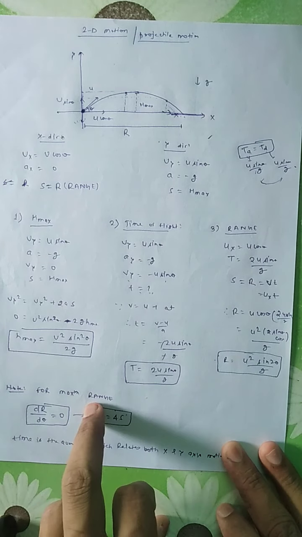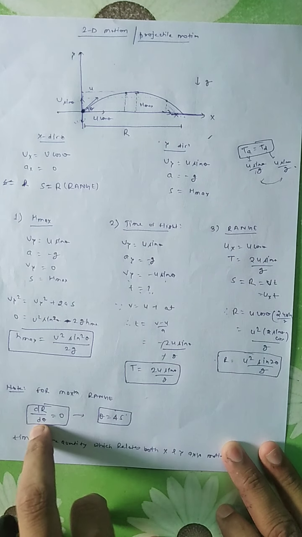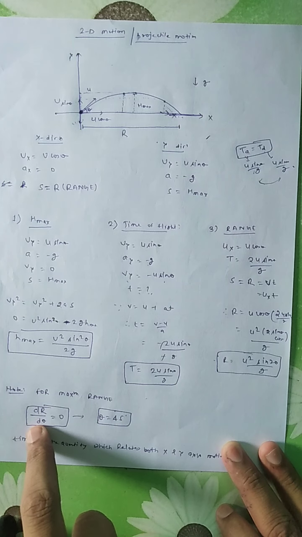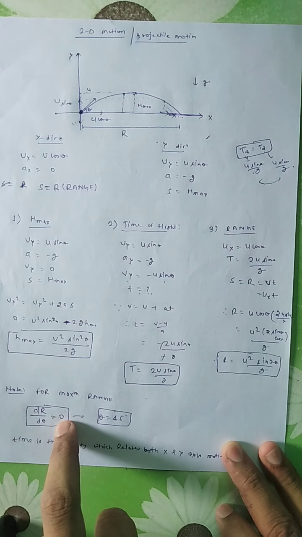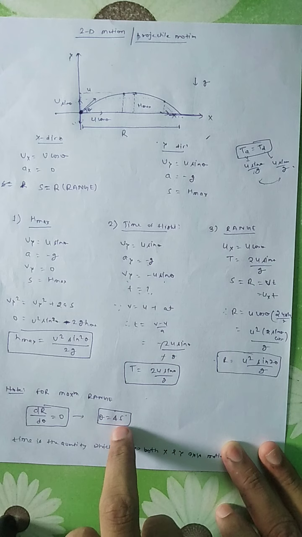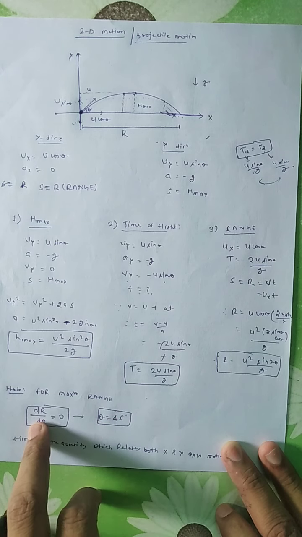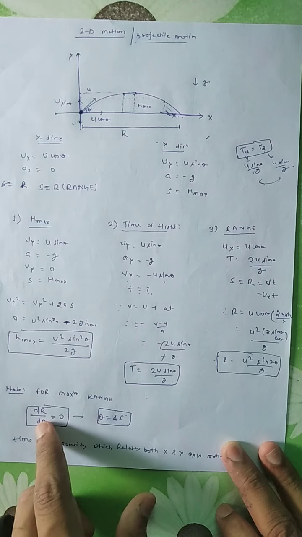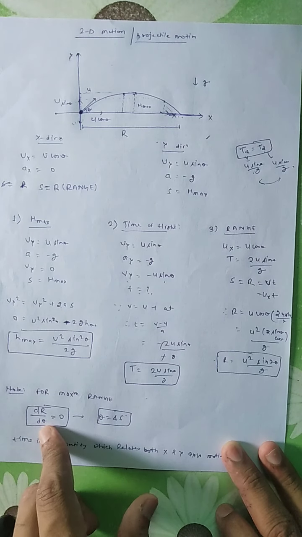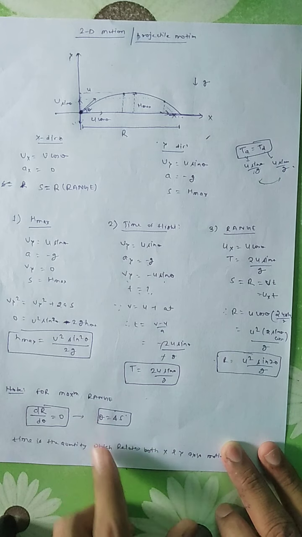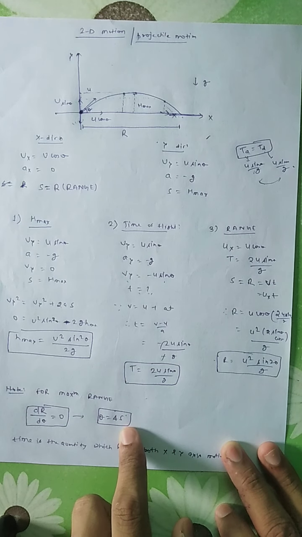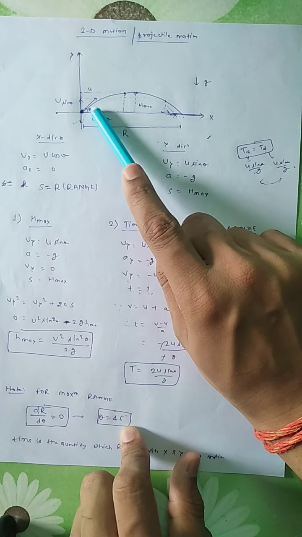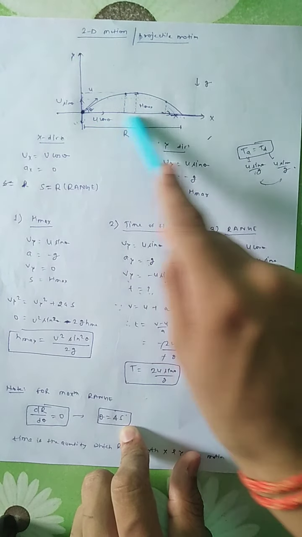So just understand the concept. For maxima and minima, dR by d theta will be 0, meaning the differential of range with respect to angle. If we equate it to 0, you will find that theta is equal to 45 degrees. Presently I know you will not be able to solve this dR by d theta, but just remember it; you will easily find it once you complete your calculus chapter. So theta is equal to 45 degrees, meaning if you throw any ball at an angle of 45 degrees with the x-axis, it will acquire the maximum range.